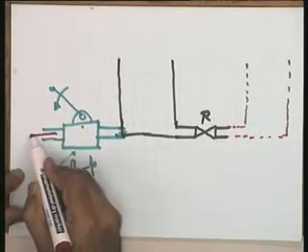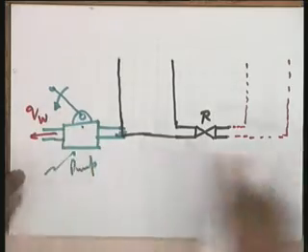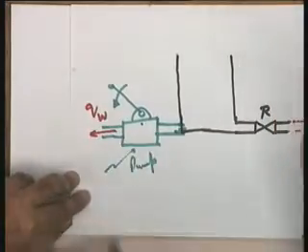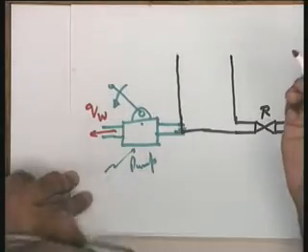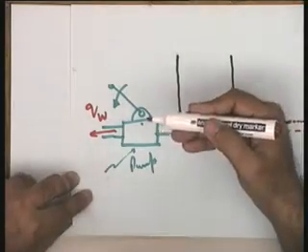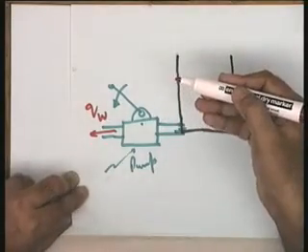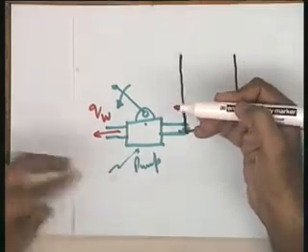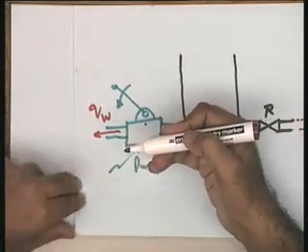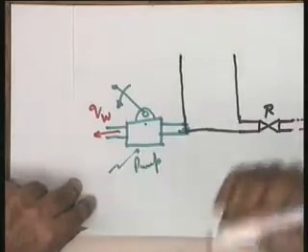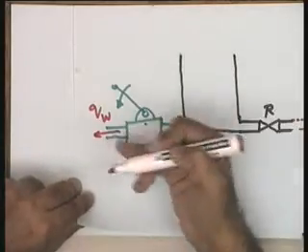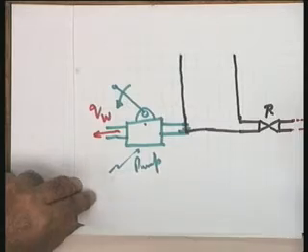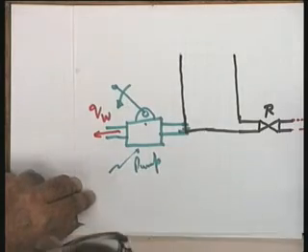And let me say this is QW, and naturally as far as the modeling is concerned, I will call this QW a disturbance, because it is not a regular flow. I have given a provision in this system that any time if I require certain flow for other process, I should be able to operate this pump, and I should be able to withdraw the liquid from the tank as far as from this particular opening, and I call that as QW. Naturally I will term this as a disturbance flow to the system.